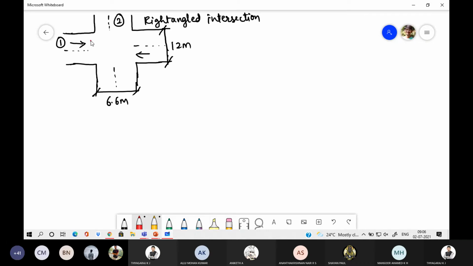What will be the traffic which is approaching? One is 900, right? Yes, sir. Another one 743. Now, what is the traffic approaching road 2? Road 2, so one will be moving here and another one will be coming from this end. What will be the traffic? One is 278 PCU per hour and another one is 180 PCU per hour.